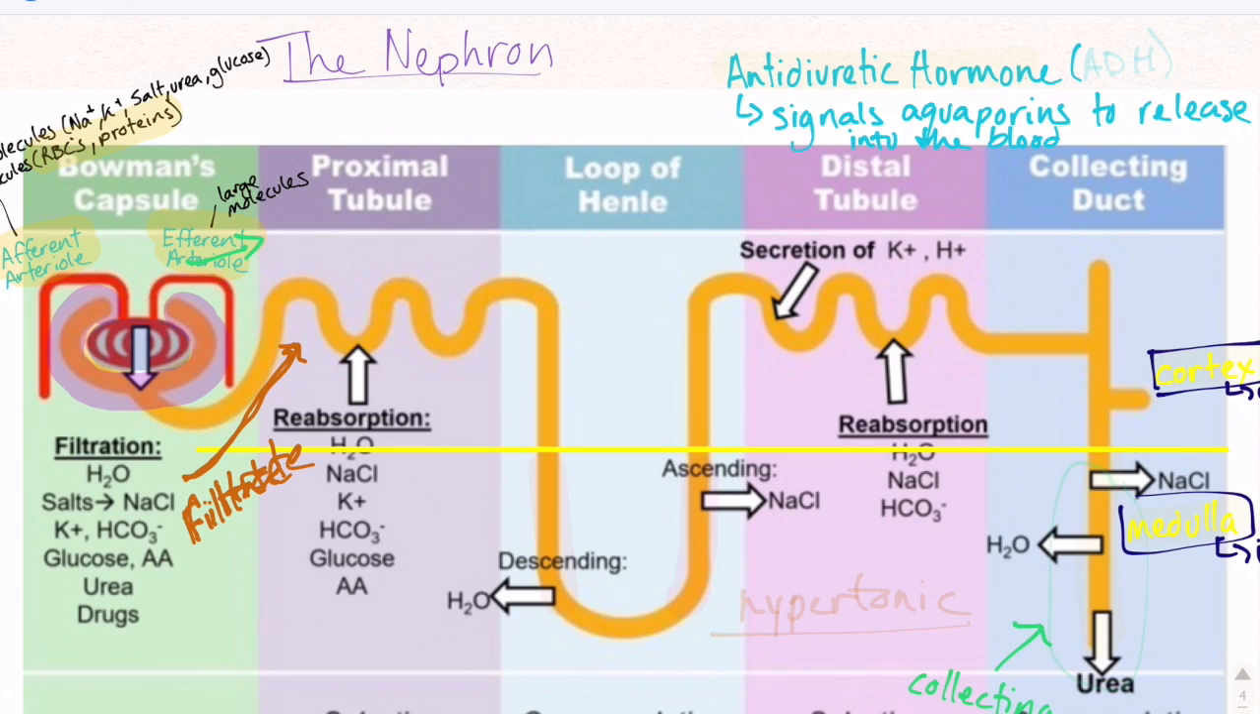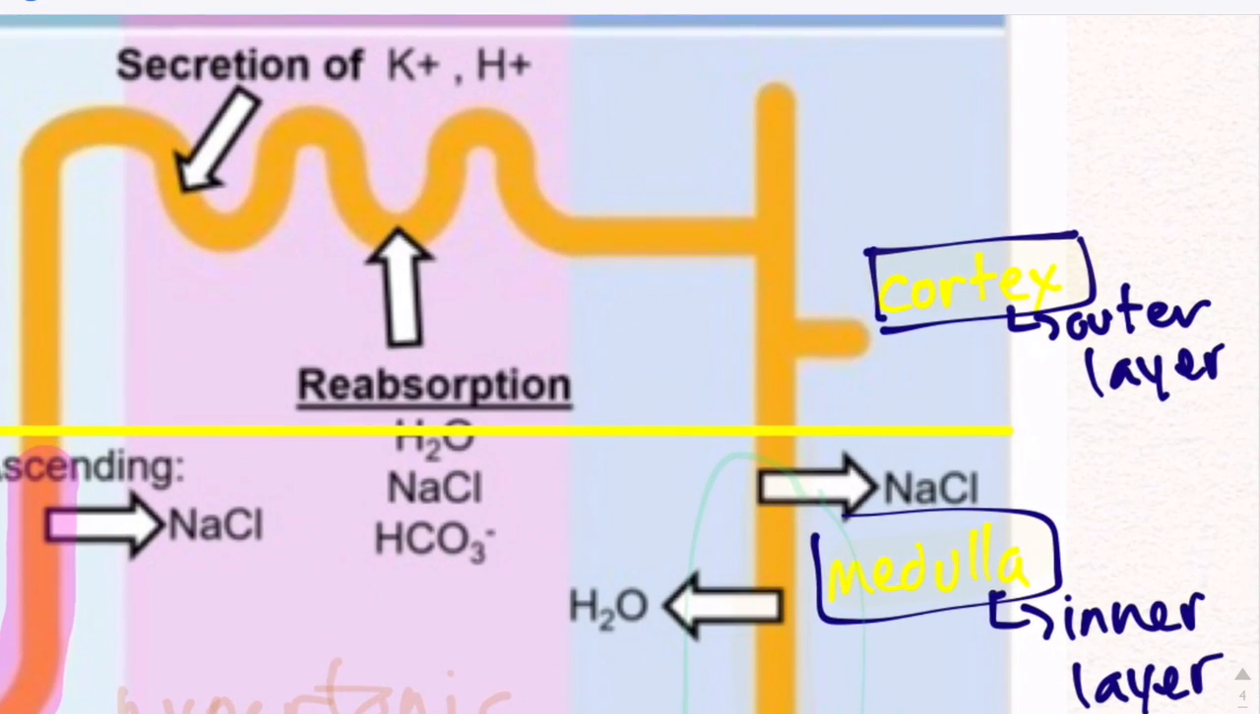The next step in this process is osmoregulation, which occurs in the loop of Henle. The ascending side of the loop of Henle pushes sodium out. The descending side of the loop of Henle pushes water out. The water is reabsorbed via osmosis. The cortex refers to the outer layer of the nephron, and the medulla refers to the inner layer of the